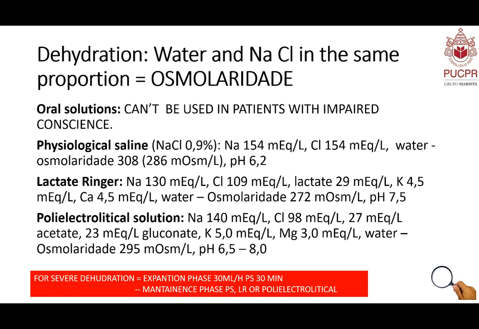because everything that you give intravenously goes to the plasma. It takes a while for it to go to the interstitial space and finally inside the intracellular space. So it might take hours for you to really have the fluid that you want inside the cells. So you only do the expansion phase in order to recover the patient rapidly, especially if the blood pressure is low. And then in the maintenance phase, you take it easy